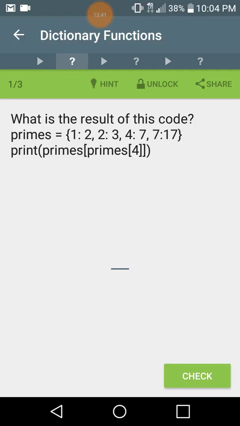So when you have multiple nested statements like we do here, you're going to look at the innermost nest. What is the deepest nested thing here? And the deepest nest is primes, straight brackets 4. So if you look at primes with the key of 4, you have the value of 7. So now if you can just imagine primes square brackets 4 is gone and it's replaced with a 7,